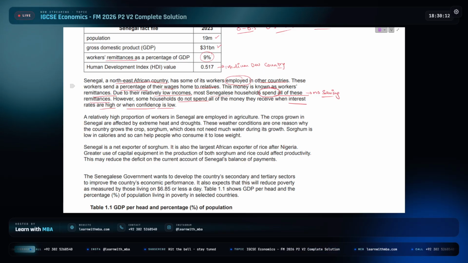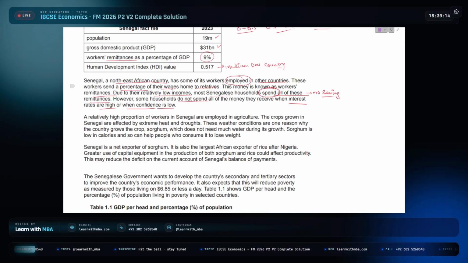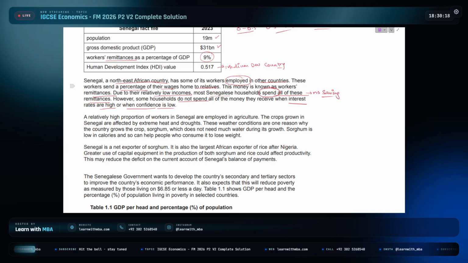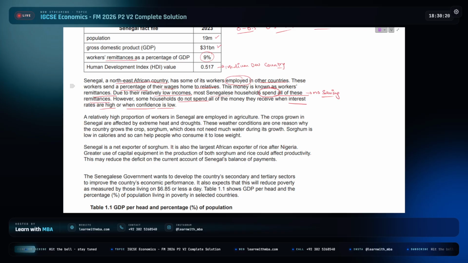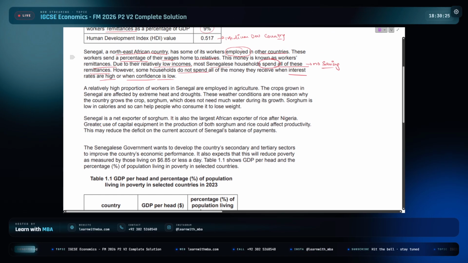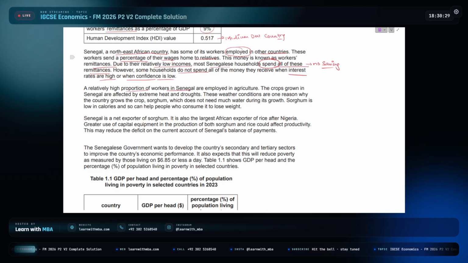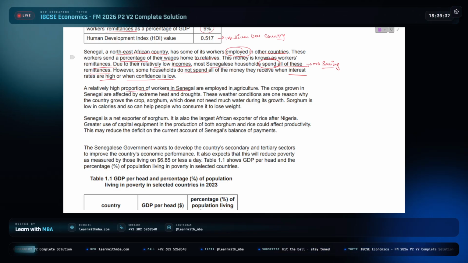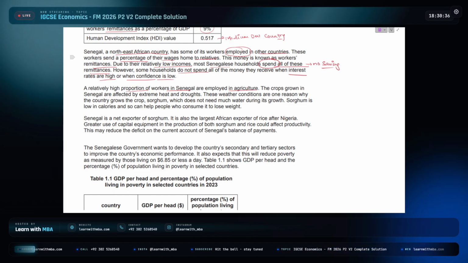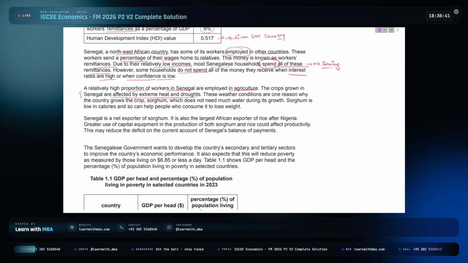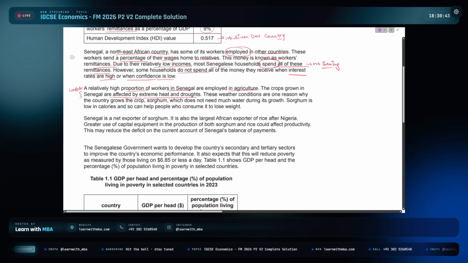When the interest rate is high, they would prefer putting it in banks to get returns out of it. And when their confidence in the future of the economy is low, they would save for a rainy day, right? The next thing that we have is that there is a relatively high population of workers in Senegal who are employed in agriculture. The crops grown in Senegal are affected by extreme heats and droughts, right? So that means there are unstable weather conditions,